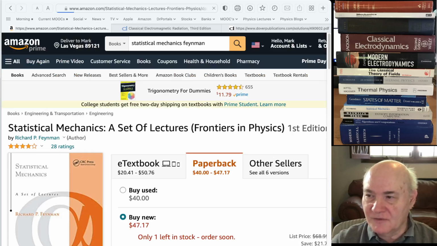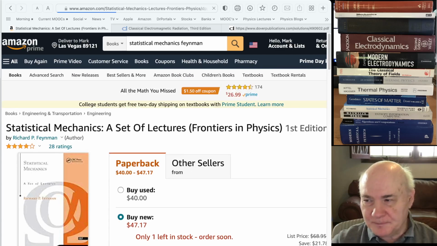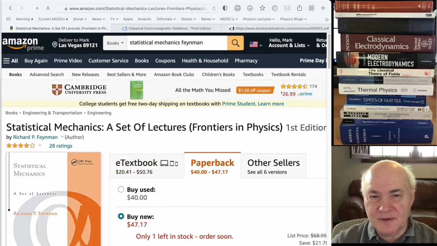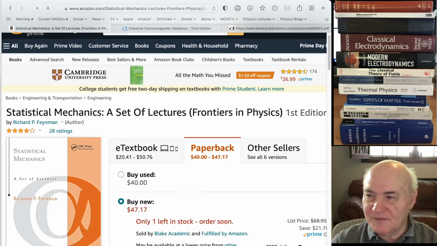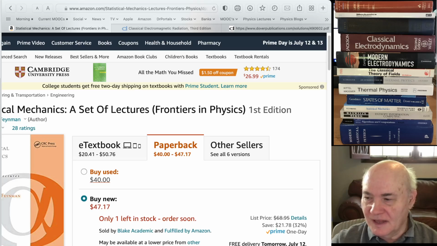Another book on statistical mechanics, this one is hard. This is by Feynman. Conceptually, it's not hard, but mathematically, he covers a lot, and you just have to verify a lot of things. It's a classic book. It's your typical Feynman book. He does things in a way that's different from everybody else, and